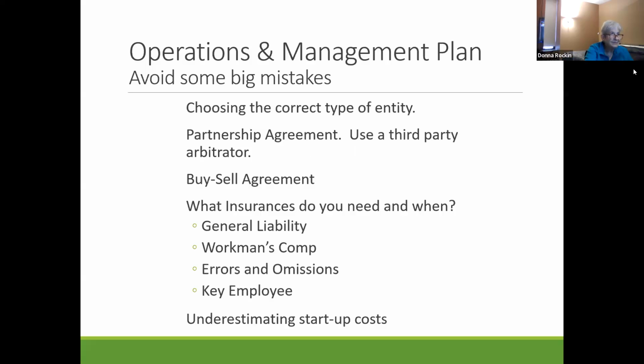Now, this is the slide where we talk about entity. Do you have a sole proprietor? When I first started my business, Rockin Enterprises was just a sole proprietor, but because I had very little risk of getting sued, my accountant asked me, what was my biggest liability? I said, if I had to reprint a huge project because I made a mistake. Now, I made all my clients sign off on proofs before I went to the printer, so the risk was really teensy weensy. But he said, how much would a huge printing job cost you?